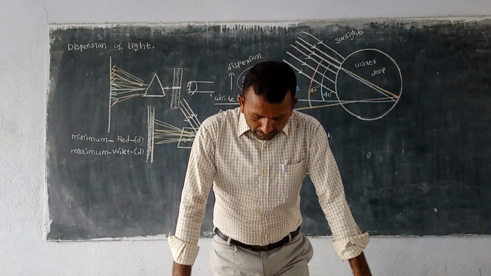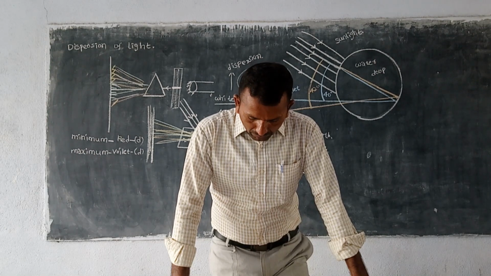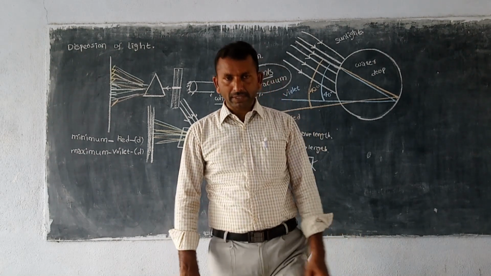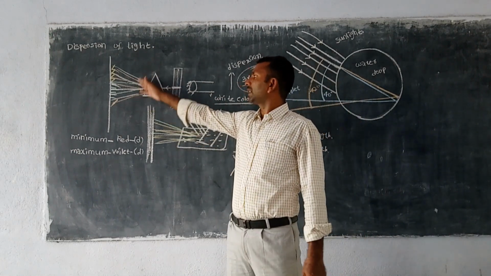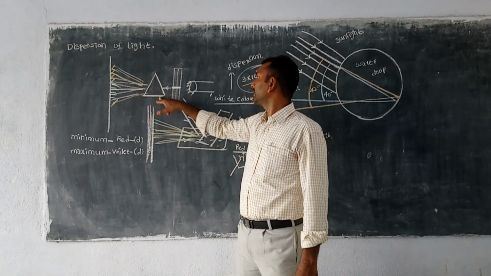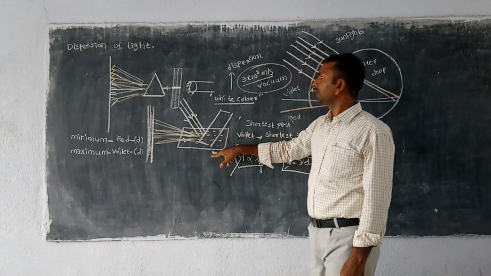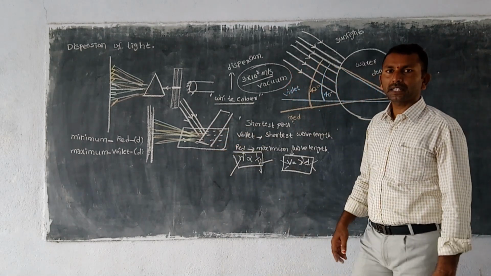Can you give an example in nature where you observe colors as seen in activity 3? So what are the colors we have seen in the activity here? Different colors, approximately 7 colors we have seen in the activity. This one is activity 3 and this one is activity 4. We have seen those different colors.